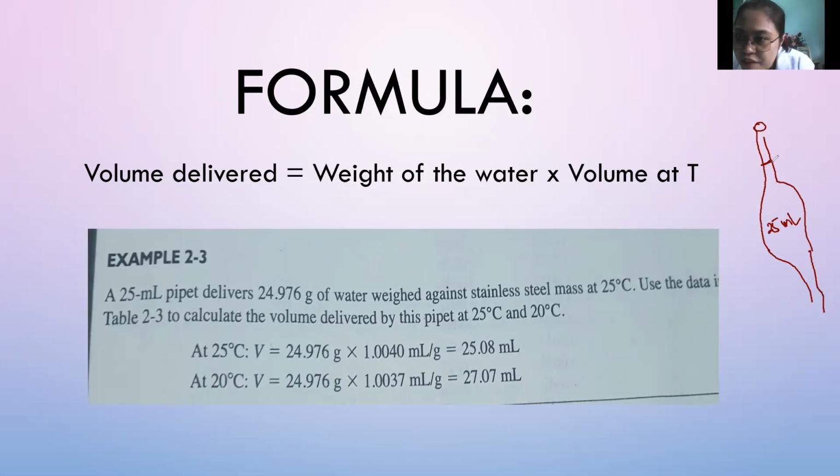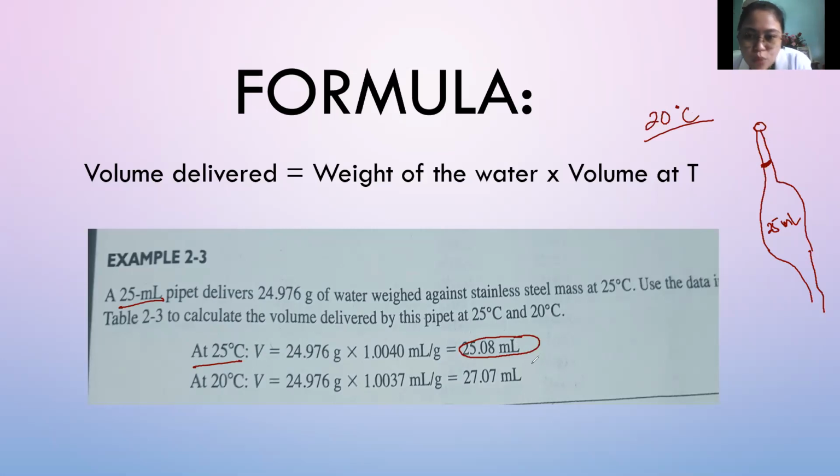However, our pipettes are calibrated at 20 degrees Celsius, so the volume or solution you measure should be at 20 degrees Celsius, but that is not the case all the time. That is why we need to correct the measured volume. So for this 25 ml pipette at 25 degrees Celsius, the total volume it dispenses is 25.08